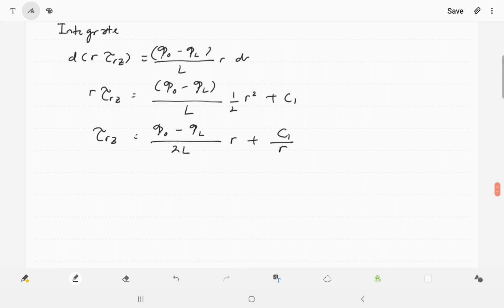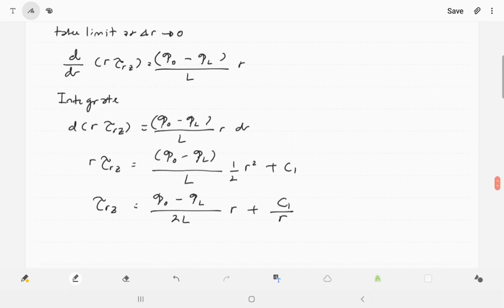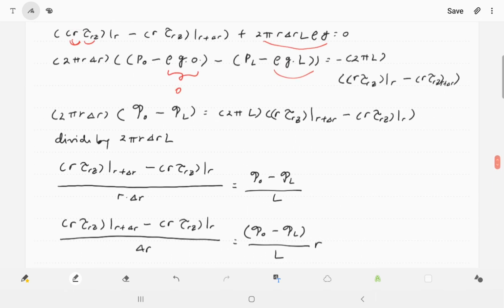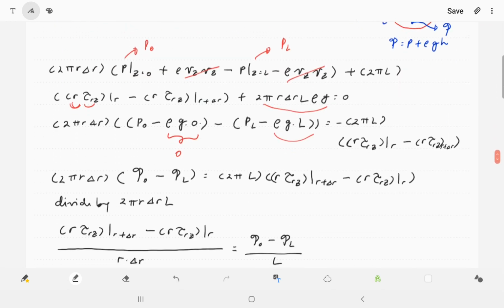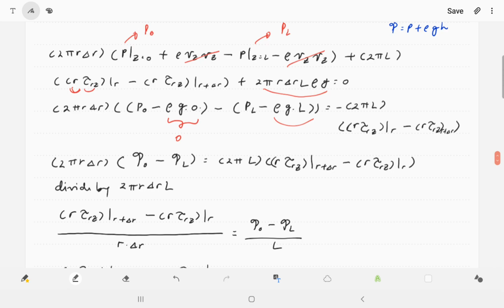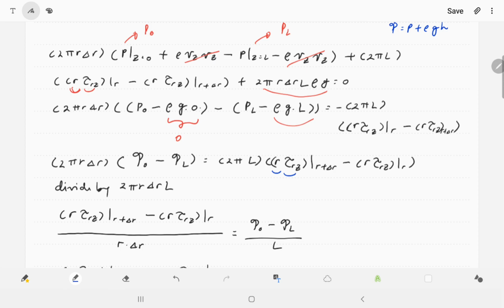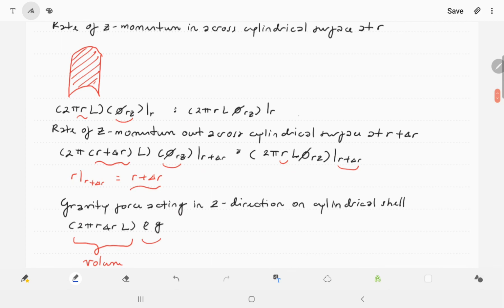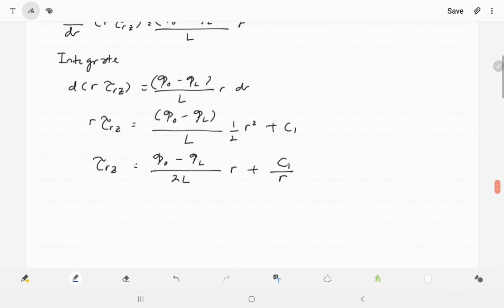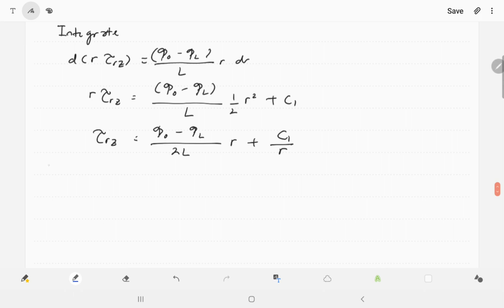The derivation has been a bit slow because I want everybody to understand. And again, this r in here cannot be separated from tau rz because this tau rz is a function of r. If anybody separates these two variables in here, then you will have a different result, and that result will not be correct. So it's very important to understand these things.